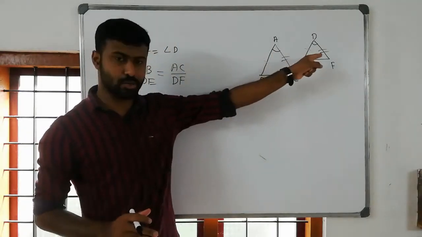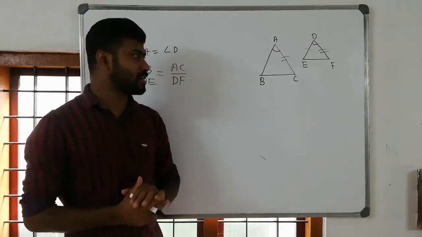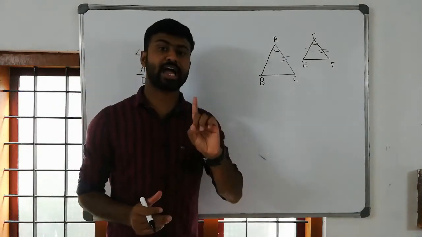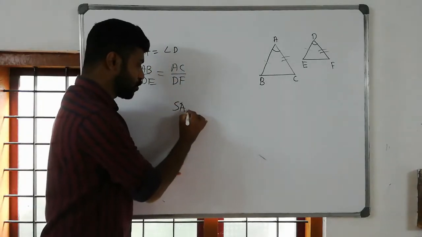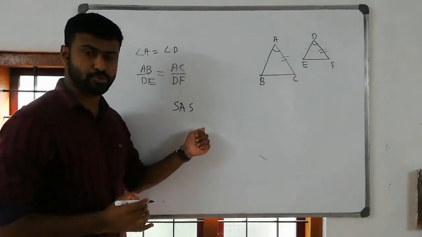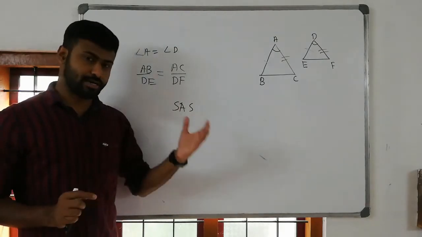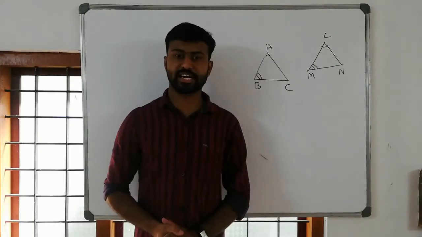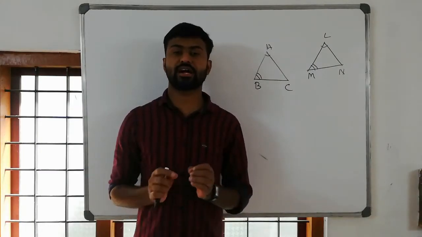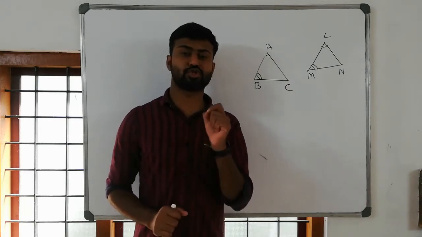One angle is equal and the two sides are in proportion. So here we take one angle and two sides. So this condition is known as the SAS property or SAS postulate, in which S denotes the side and A denotes the angle. Second condition: if two triangles have at least two corresponding angles equal, then the two triangles are